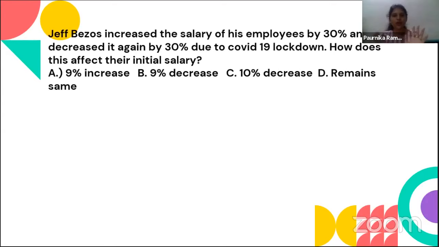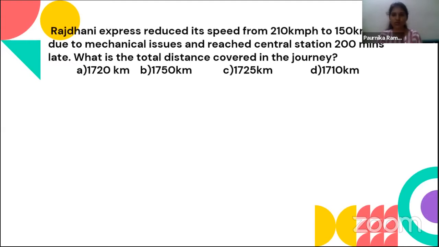Just see the approach in which you look at the problem. Before I taught you the actual method in which your sum has to be approached, what were you doing? You would have brought a variable like X or Y, kept your initial salary as 100, and moved on with very tedious calculations. But with the proper tips and tricks, you can solve the questions even without pen and paper. The same follows for this question also.